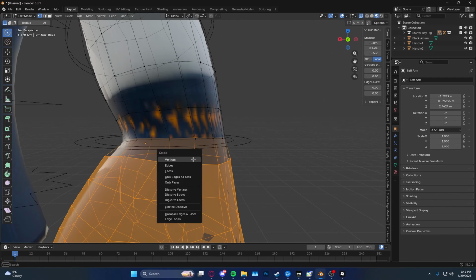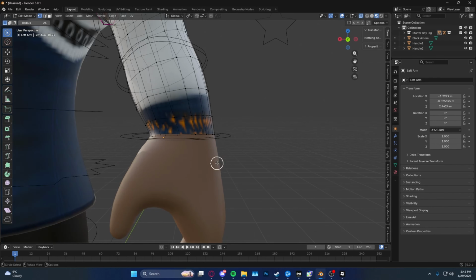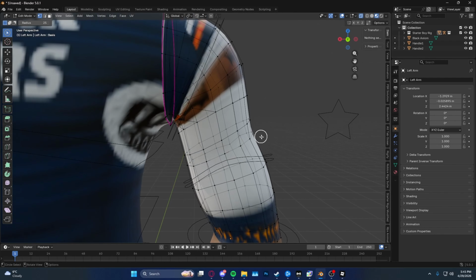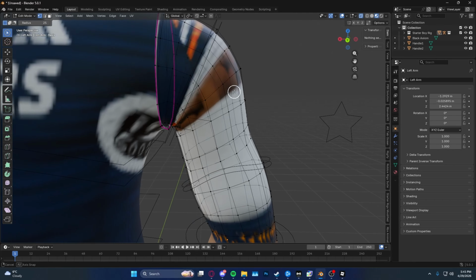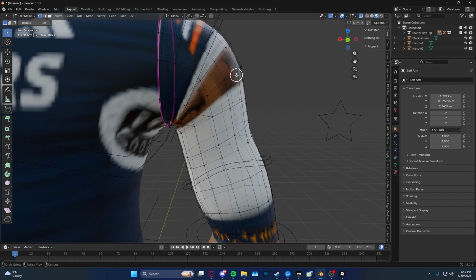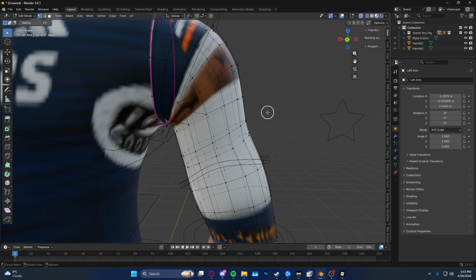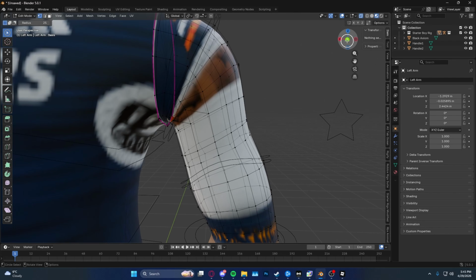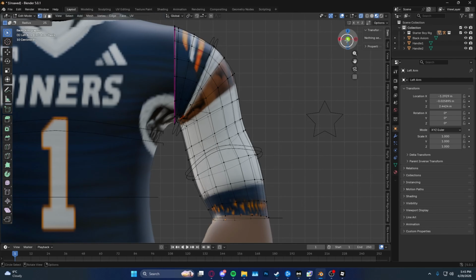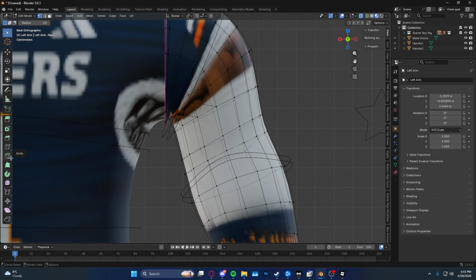Then press X and delete by vertices, the first one. Then come up here, and you're going to see where the actual skin comes back again. If you delete it like this, it's going to end up flipping, and you're going to be missing a piece of the clothing. So what you want to do is go over to the viewpoint, go in front of it, go to the knife tool, hold it down, and select bisect.